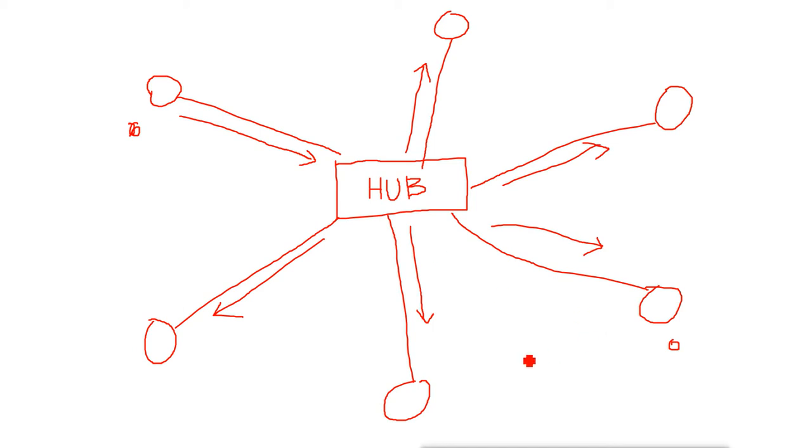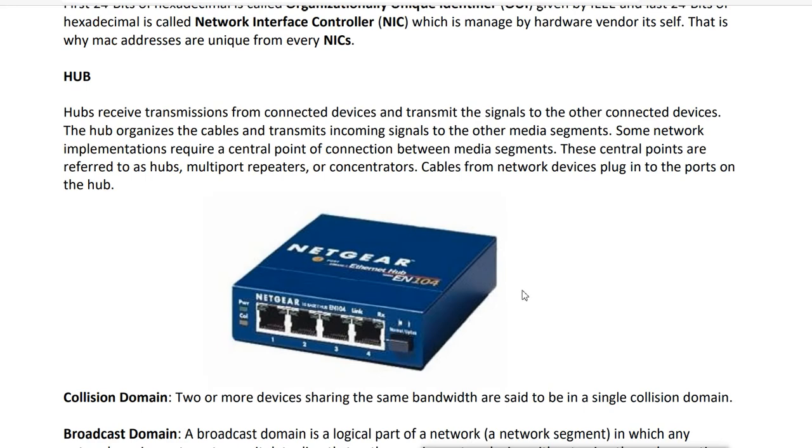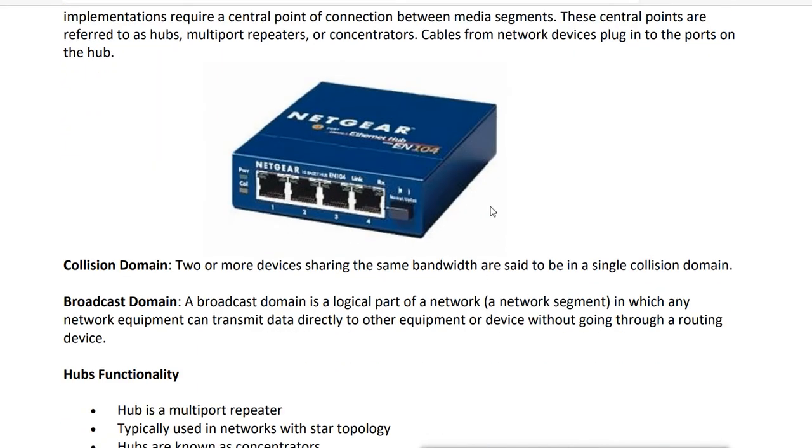Remember I told you, when we were using the hub in the star topology, it looks physically like a star, but it works like a bus topology. It also uses the same technology, CSMA/CD, because collisions can happen here. Before sending data, every device has to sense the cable to see whether any data is going on or not, and it broadcasts the data to every other device. So hubs do this, and because of this they use CSMA/CD.